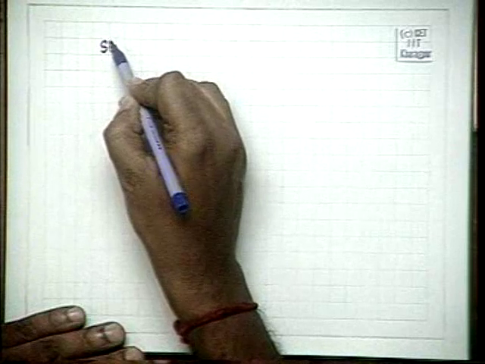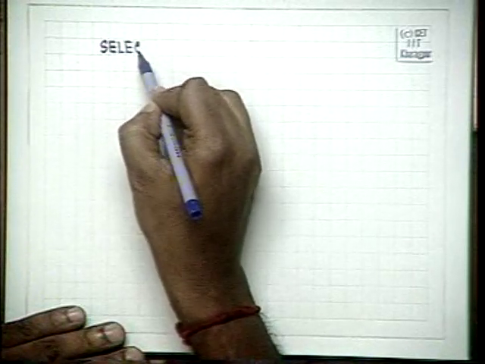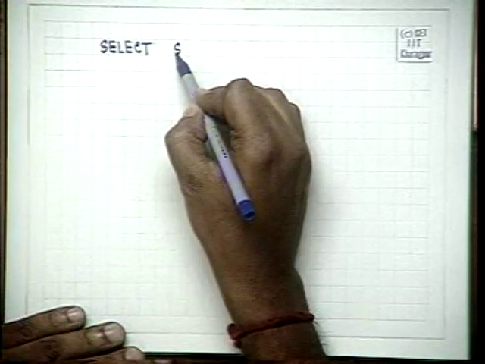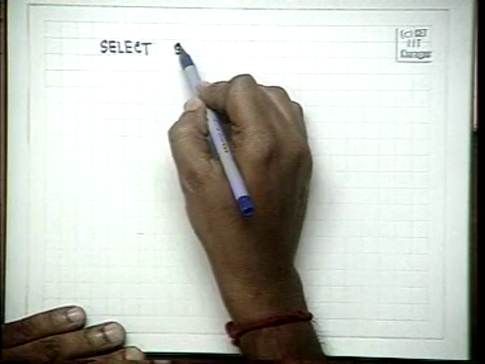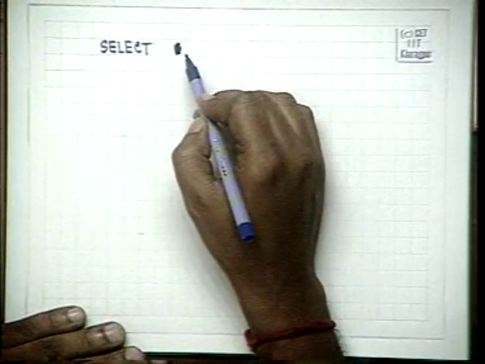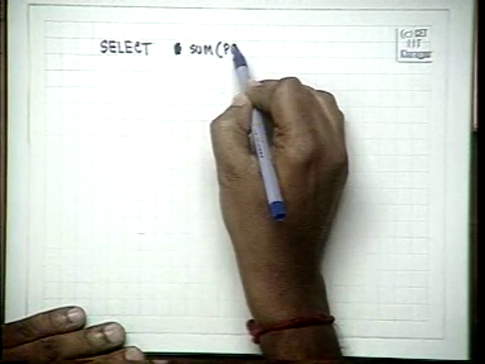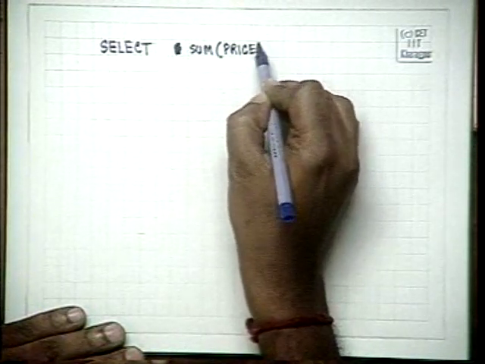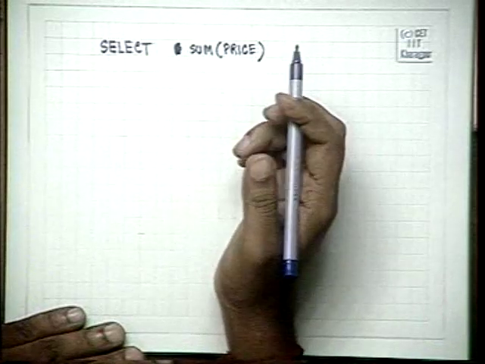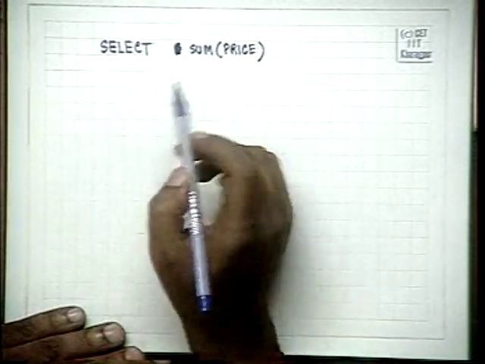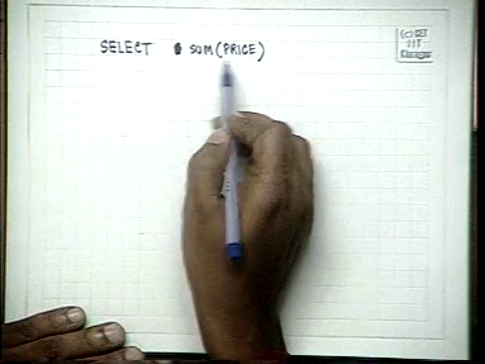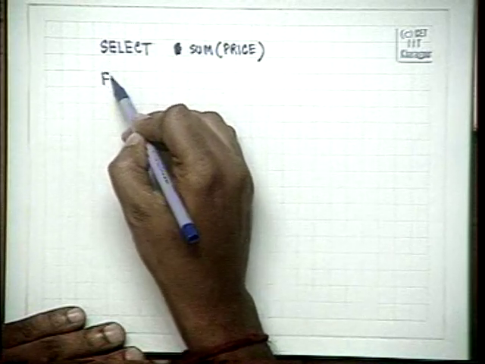So what we will do is we will say select. This name we don't want, we just want the sum of all the books. Sum price. There is no question of grouping here because you will do it on all the elements. You are not going to group them, and you want only one result from